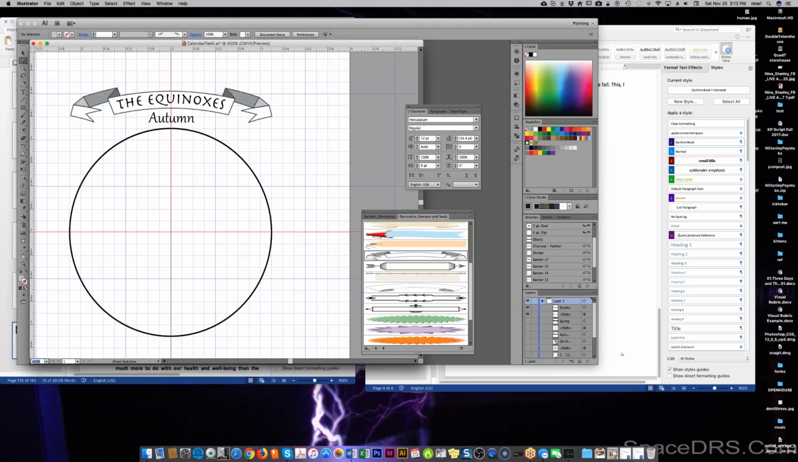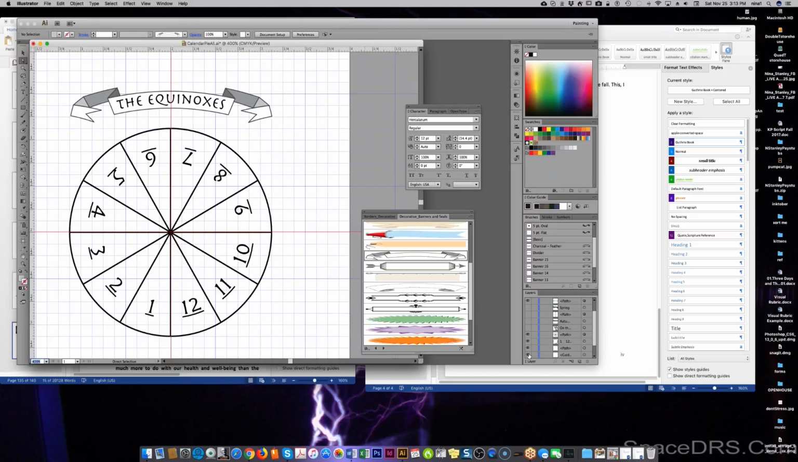Each one of these represents a month. And the way we can do that is with a tonal value. That's how I would do it. And I'm going to do that by